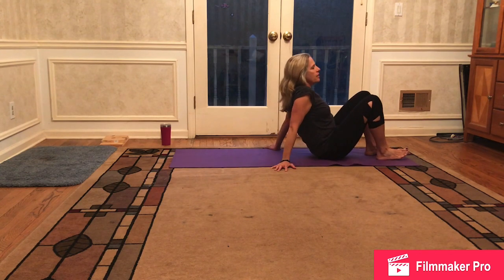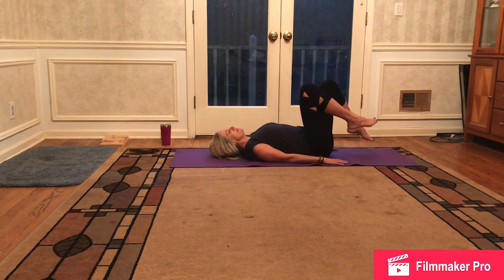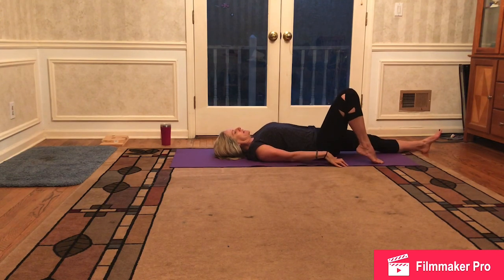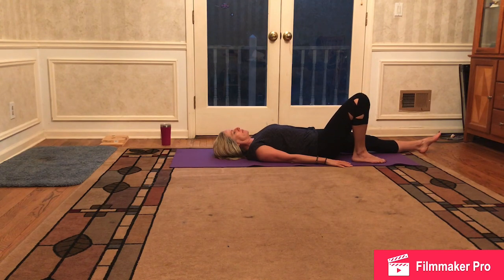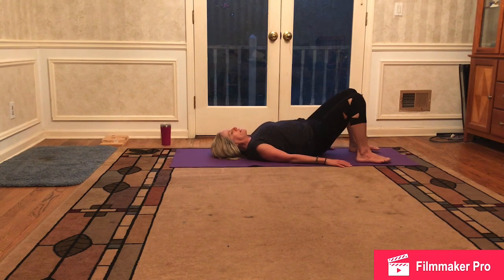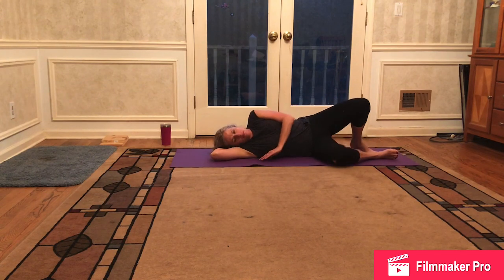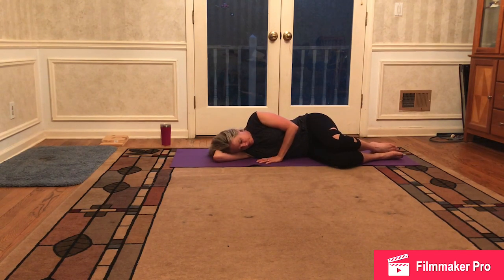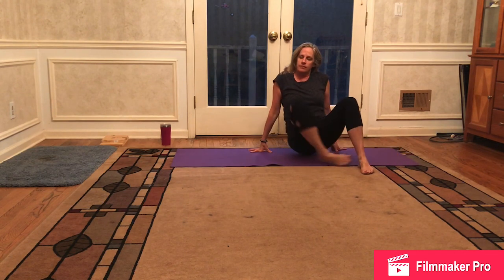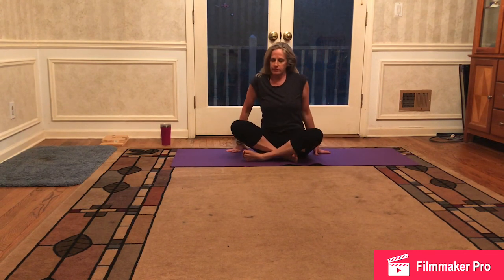Let's be nice to ourselves coming out of this position slowly. So let's bend one knee and place that foot on the mat when you're ready. And allowing that other knee to join it. Let's roll to one side, allowing that bottom arm to become your pillow. And exhale, gently pressing yourself up to a nice sitting position. Where we started. Take a nice